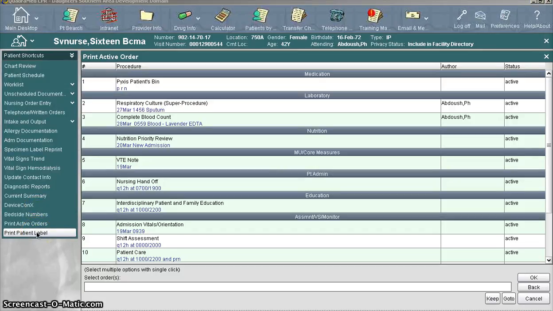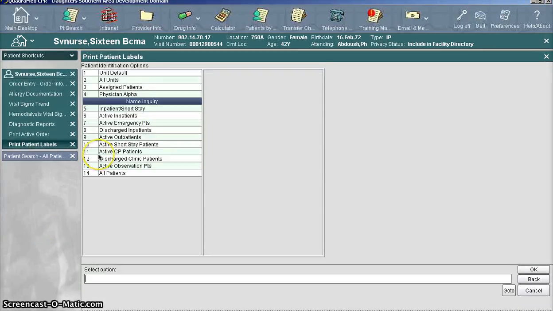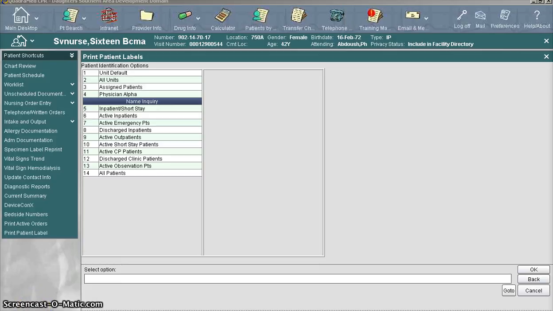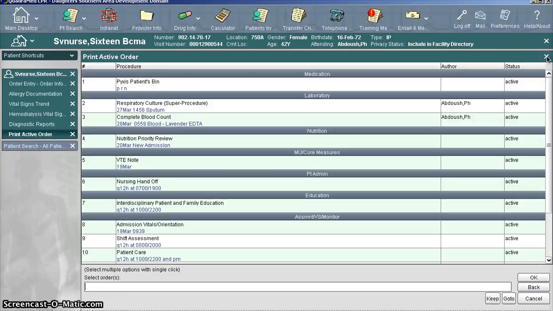Second, print patient label. You would do that to print a patient label, and you would use those labels to either sticker an addressograph, sticker a specimen that's been collected, or identify anything that might belong to a patient when you send it to the lab. And lastly, bedside numbers is something I will not go into any detail, as this one and Device Connects are used in the ICU. As I X out of this, and I'll X out of this,